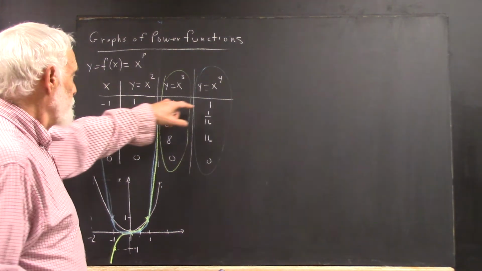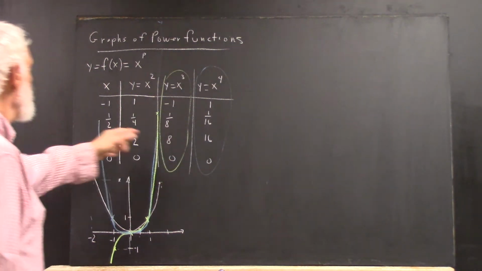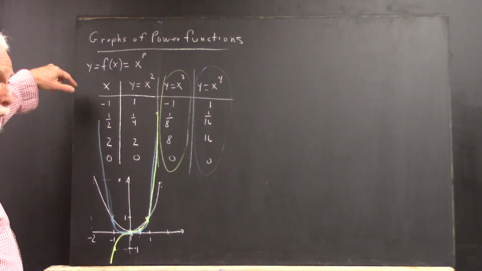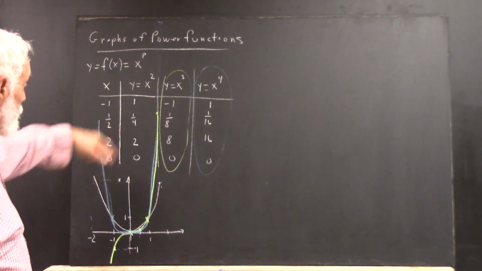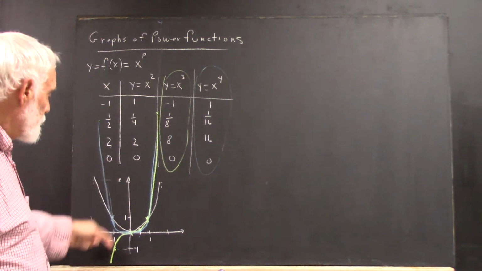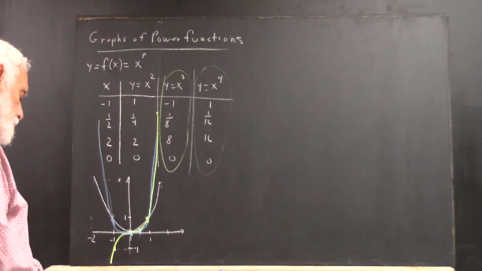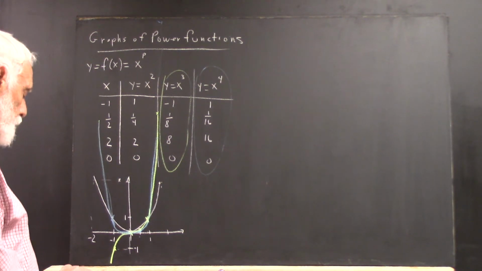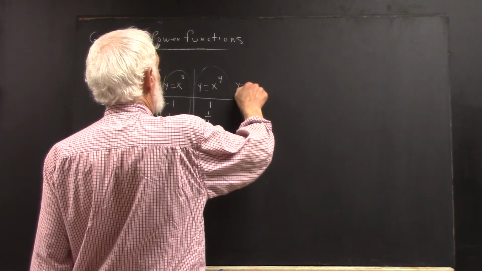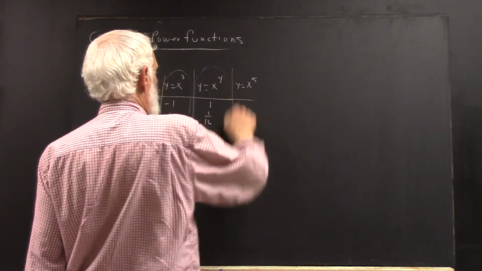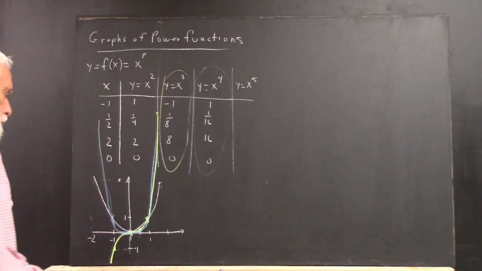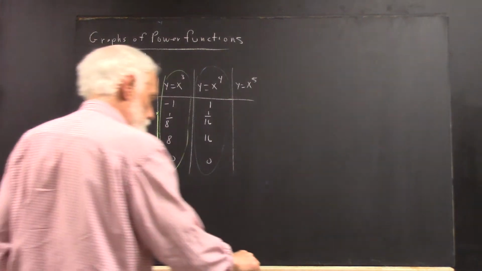What happens at -1 tells you whether you have a symmetry on this side, a symmetry with respect to the y-axis, or an anti-symmetry like the x cubed graph, which is a symmetry with respect to the origin. If we go to x to the 5th, I'm not going to write the values, you can write them in. I'll probably ask you to do that for homework. Okay, and we'll do this one in